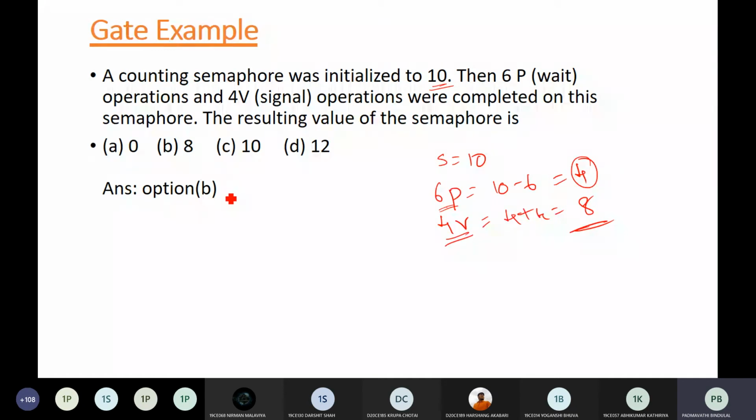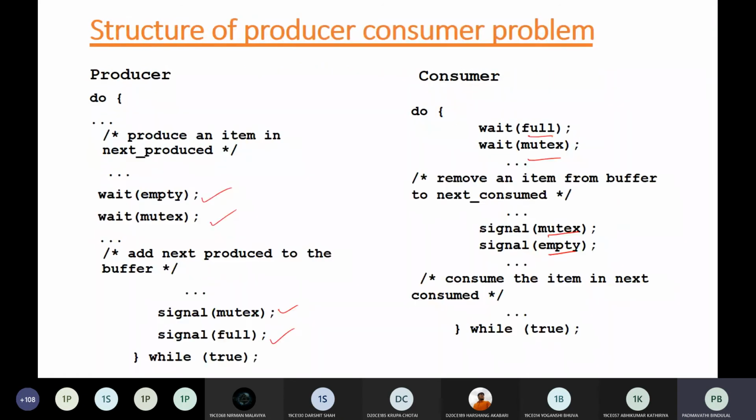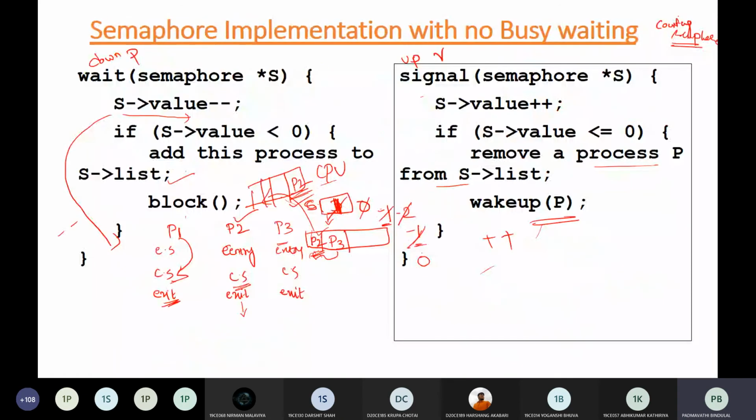Yes, ma'am. Okay. Now if I say if S is equal to 0, how many processes are there in the suspend state? If the S value is 0. You can take this for reference.